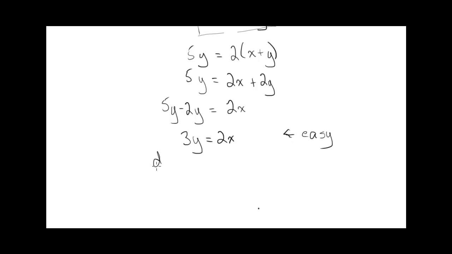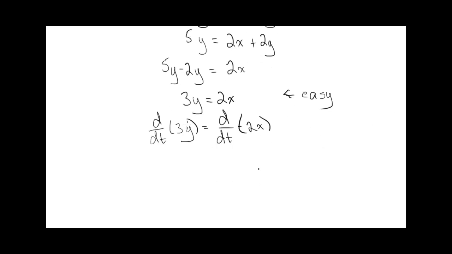So now I'll differentiate both sides with respect to t. The derivative of 3y with respect to t would be 3 dy/dt, so remember, implicit, and